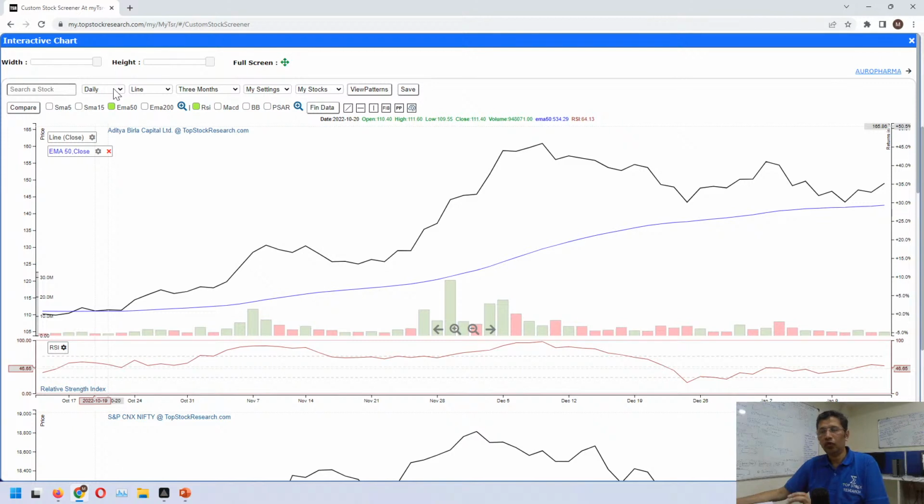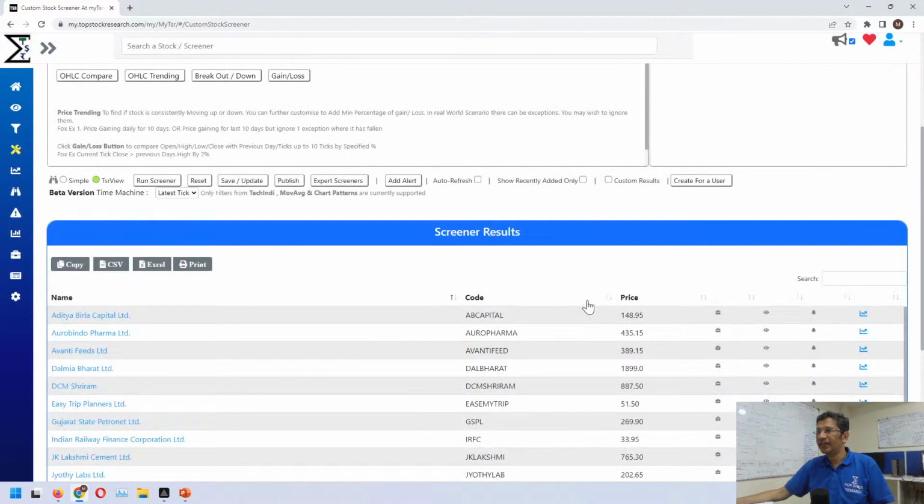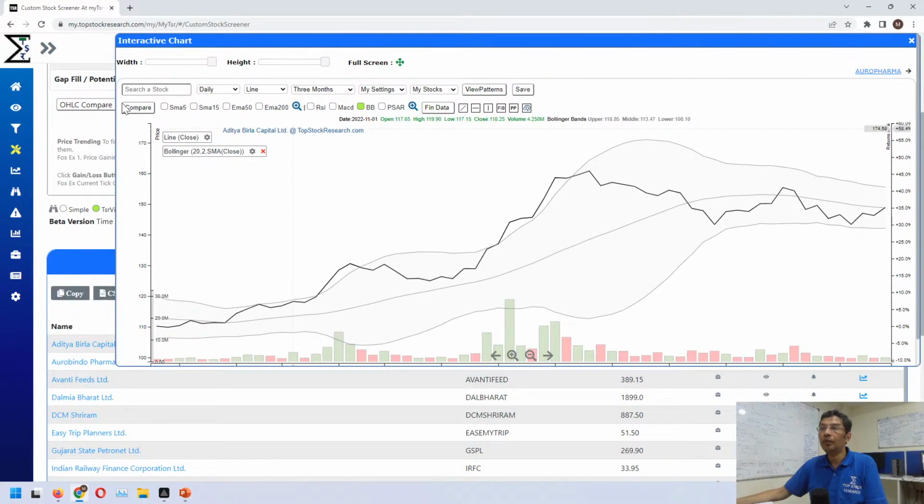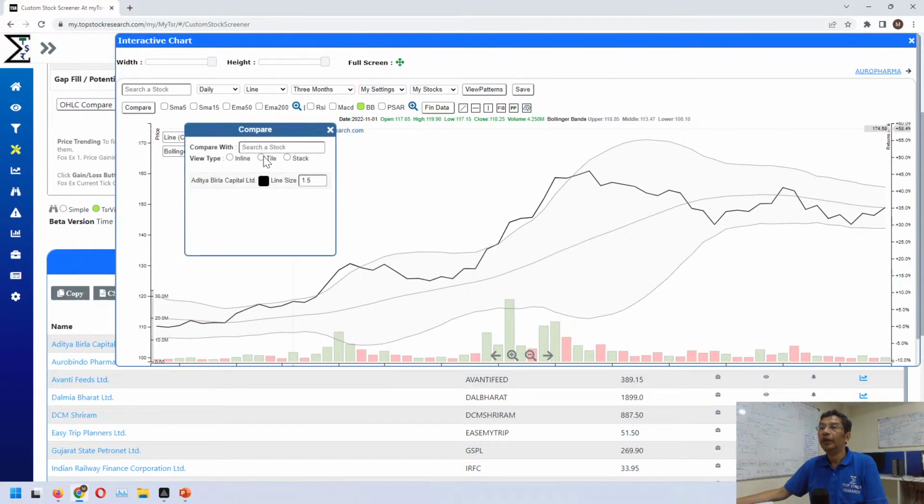So the same stock you can look at on a daily, weekly, hourly, maybe 15 minutes, or whichever time frame you want. So you can add multiple stocks in a single chart. This will help you visualize, especially when there are 4 results coming in. You may want to add all the 4 stocks one by one. So you add this, Aditya Birla being one of them. Is Aditya Birla better than Aurobindo? So let's see. We go into tile and